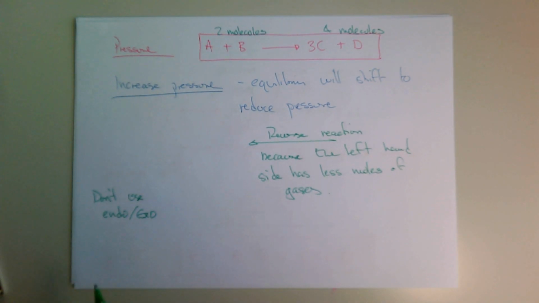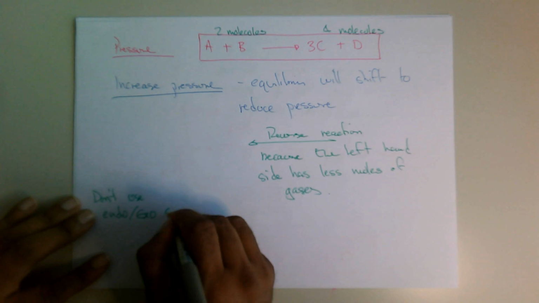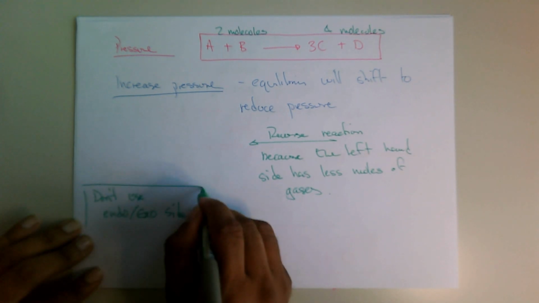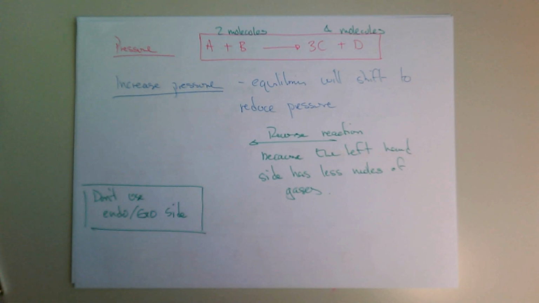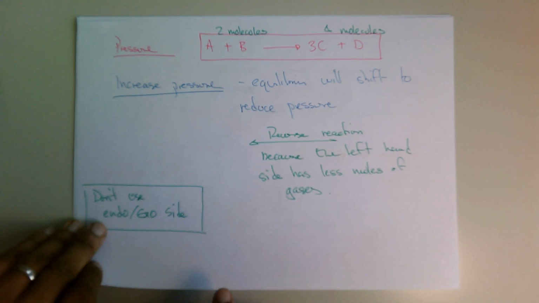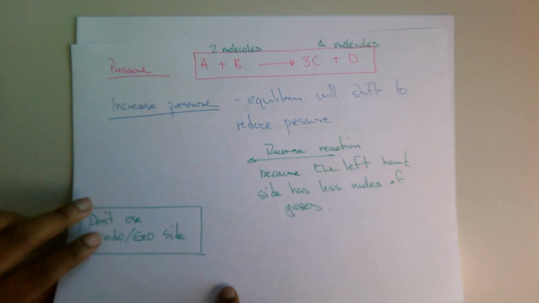There aren't any endothermic or exothermic sides. There's directions, and that's it. You don't talk about the sides being endothermic or exothermic. So that's a common mistake students make. Right, so that's equilibria, and obviously there's a few other examples associated with this, but I'm not going to go